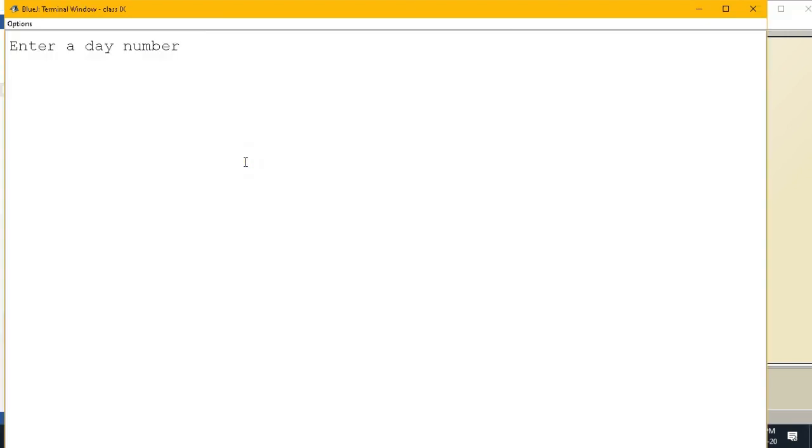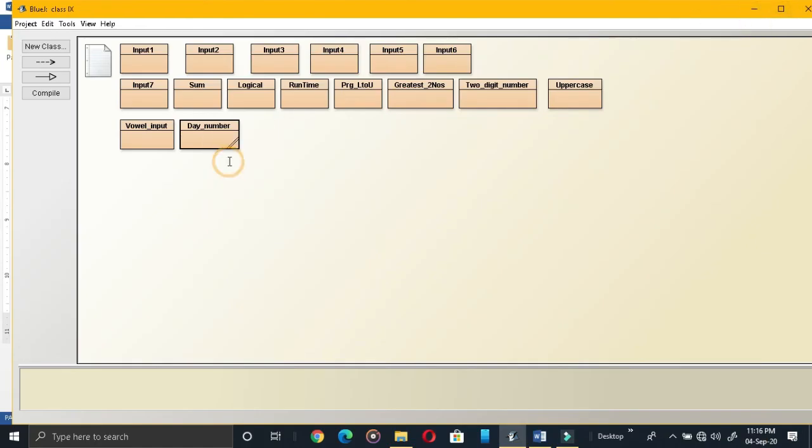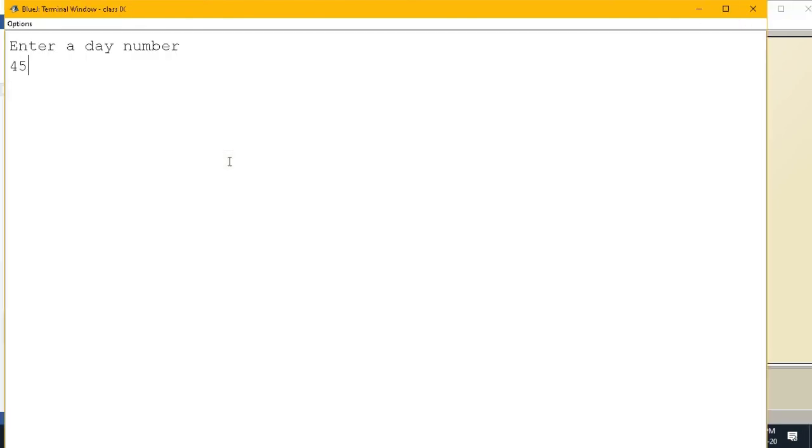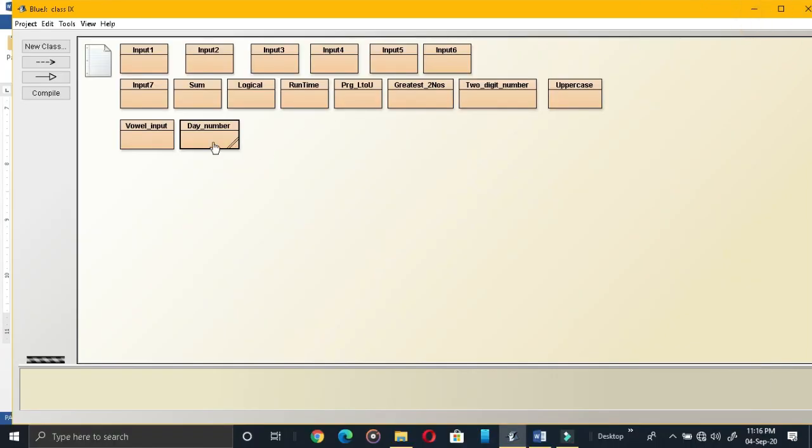Enter the day number. I am entering 7. Then Saturday came. Now I am entering another one, 45. Then not a valid number. So the valid numbers are between 1 and 7. All other numbers will be considered invalid. So this is the program.